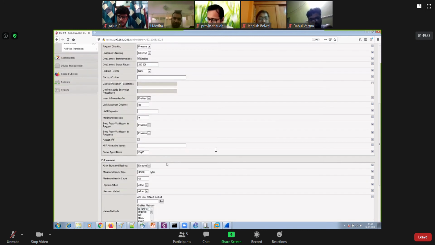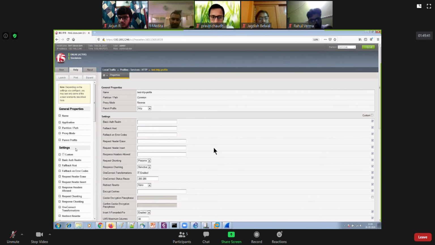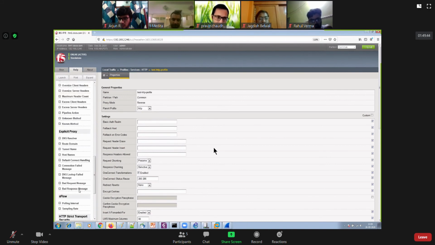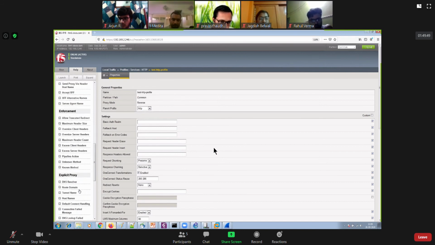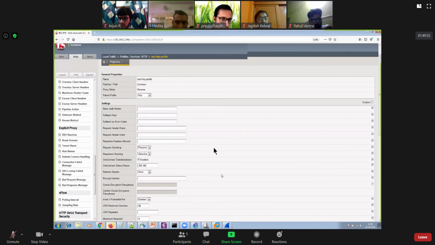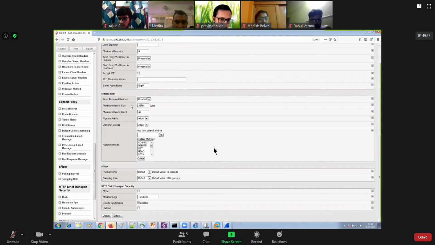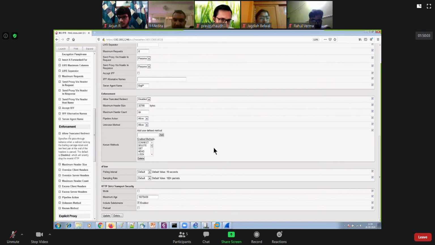Pipelining is also there. Truncated redirection is also disabled by default, but you can see the meaning of all those options. You can go to help and look at truncated. Under Enforcement, Allow Truncated Redirect: specify the pass-through behavior when a redirect lacking the trailing carriage return and line feed pair at the end of the header is passed.